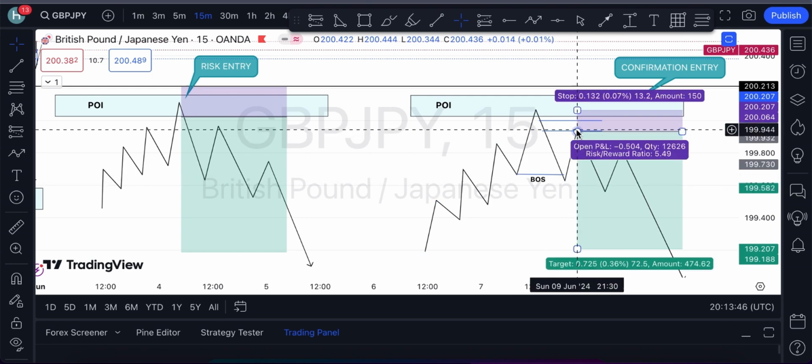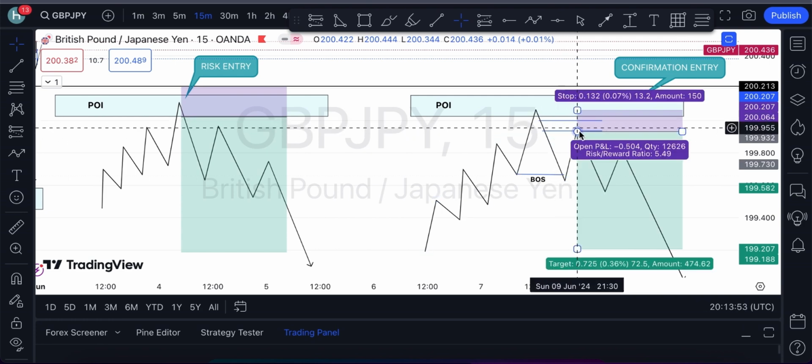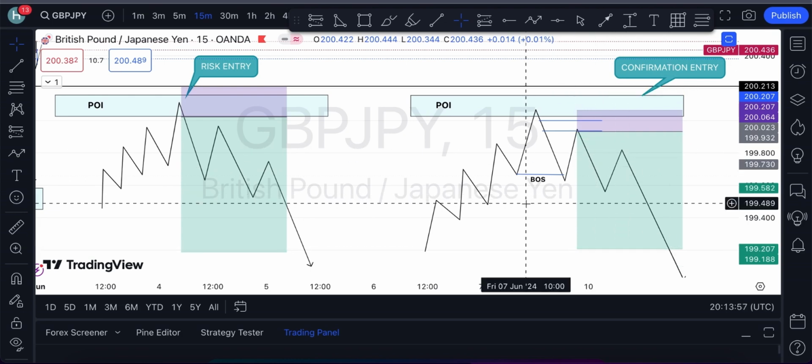And then when price gets to your level of imbalance, or you can call it a fair value gap, it reacts and starts selling. So this is actually how the two kinds of confirmation entry that we have in the smart money concept